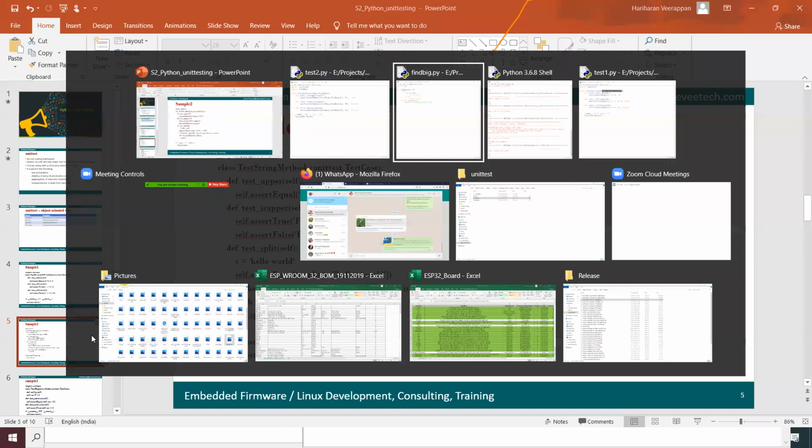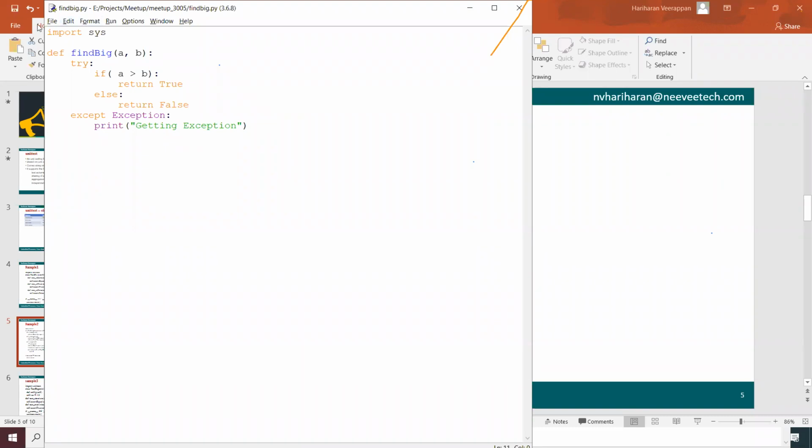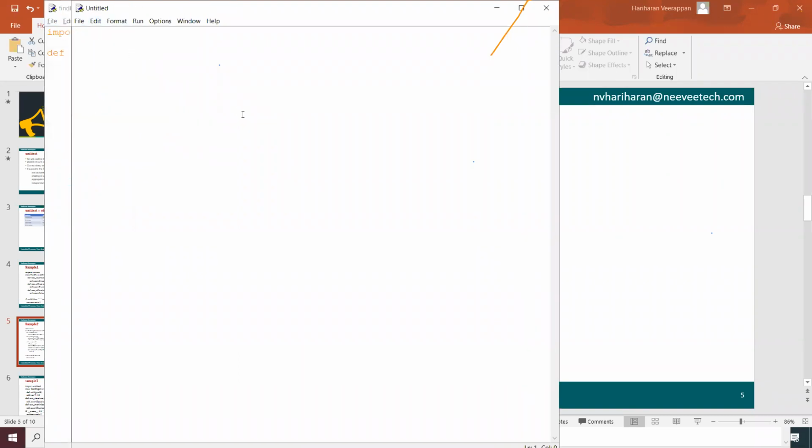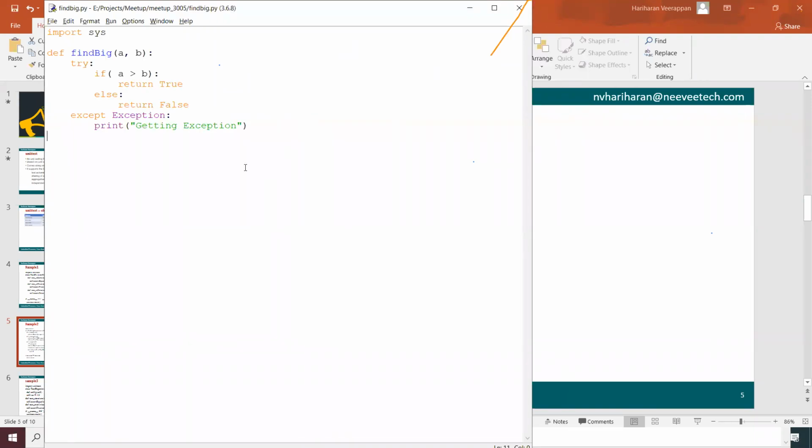I'm going to create another function, something like string upper, to check whether the string is uppercase or lowercase.